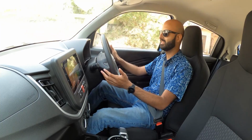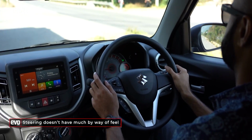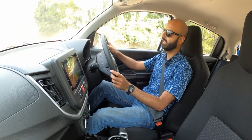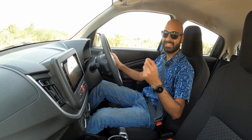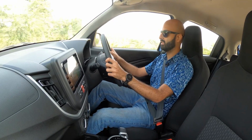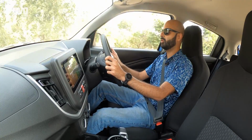The steering is a little dead, it's lifeless. There's no self-centering effect, which is a little annoying because when you turn, you want the steering to self-center a little bit, but that's not happening. It's extremely dead. Something else that I would criticize about it is that at higher speeds, when you're doing fast lane changes, because it's so soft, there's a lot of roll. So suppose you're in a lane and you want to pull out to another lane. If you make a fast, aggressive lane change, it will roll and squat a bit,